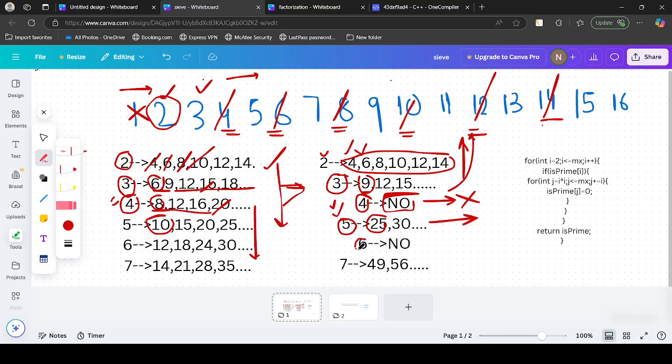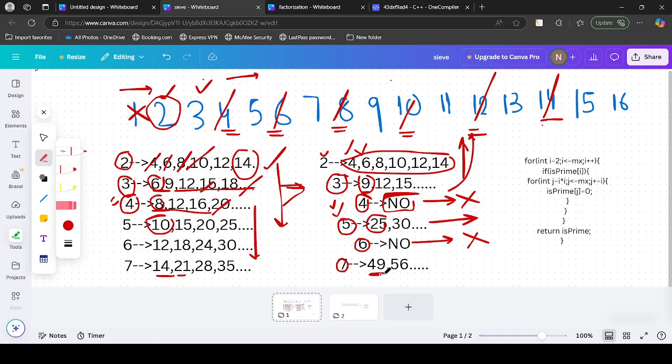And similarly 6, it is also not considered as prime by 2. So all the multiples of this are multiples of 2 as well, and those are already declared as non-prime. So there is no need to traverse all these again. And now coming to 7, the first multiple is 14. It is already declared as non-prime, and similarly 21, somewhere in the third row, and similarly all. And the first number affected by 7 is